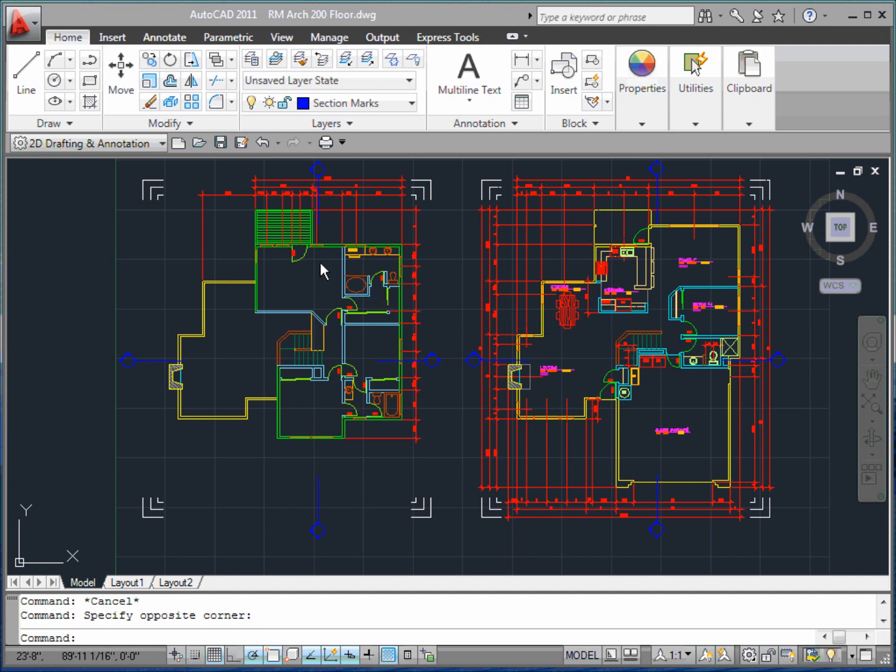So what I want to do is move this second floor right on top of the first floor so that I can verify alignment. That way I know that the garage is in the right place, the stairs are in the right place, everything's according to the way it should be. The only way to do that is to place this second floor on top,